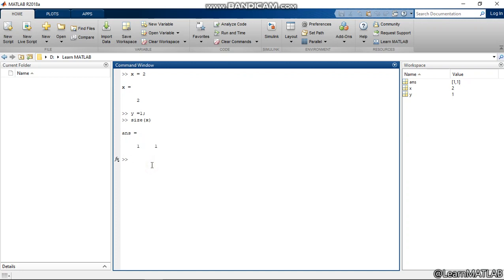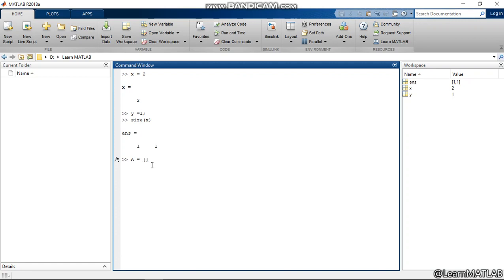So everything we are going to do in this, we are going to have a variable that is saved in the form of a matrix. If we want to create a larger matrix, I will put A equals, and for a matrix we have to use square brackets. Inside those square brackets we start writing from rows.